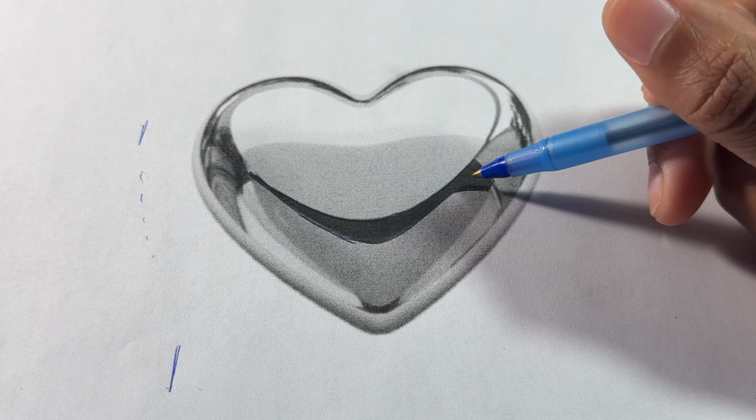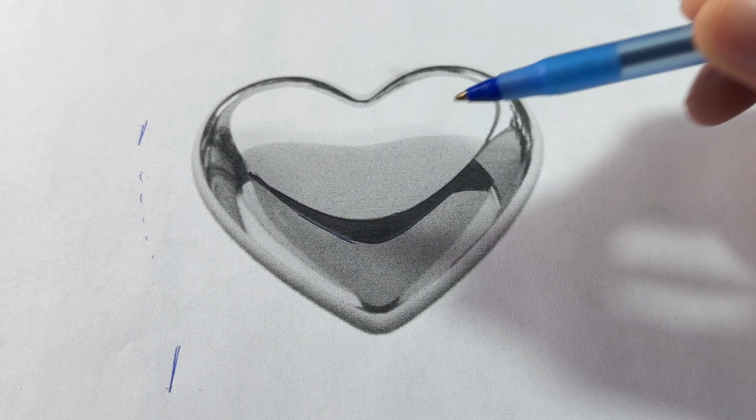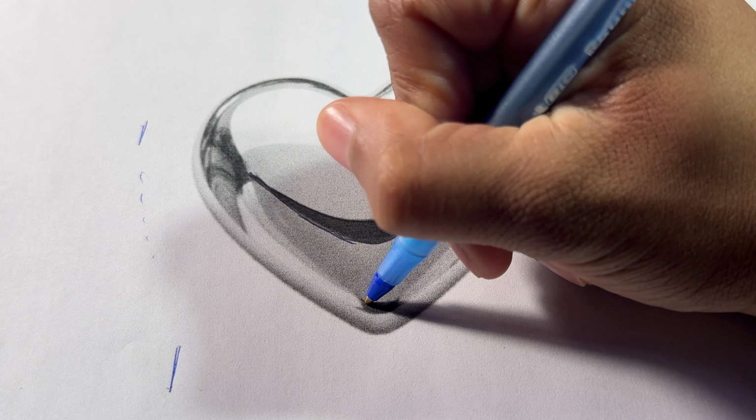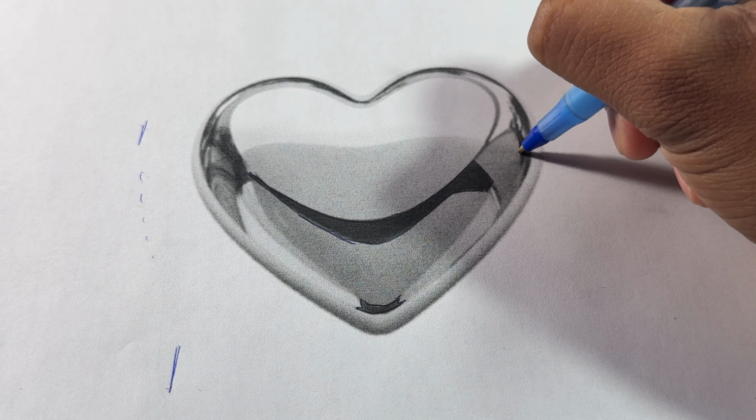So this would be considered a dark point. So now I'm going to look around on the picture and look for more dark points, such as this. So around here, over here,